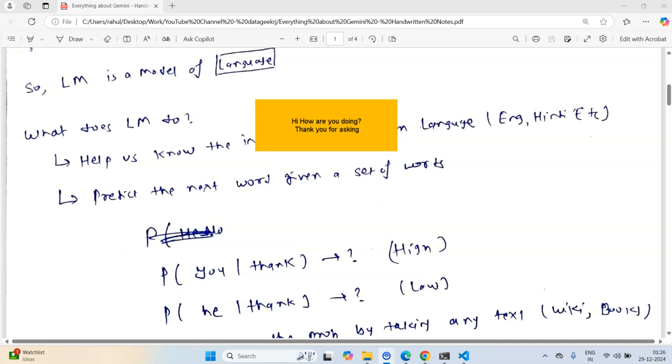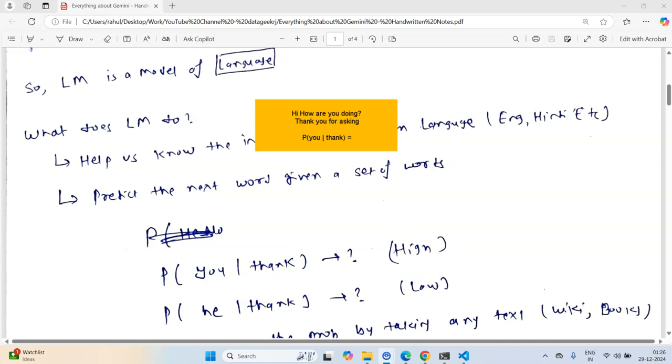And let us say I want to model English based on these two sentences. I can find out the probabilities of different words occurring. For example, what would be the probability of the word you, given that somebody has said thank? What is the probability of you occurring after thank has already occurred?